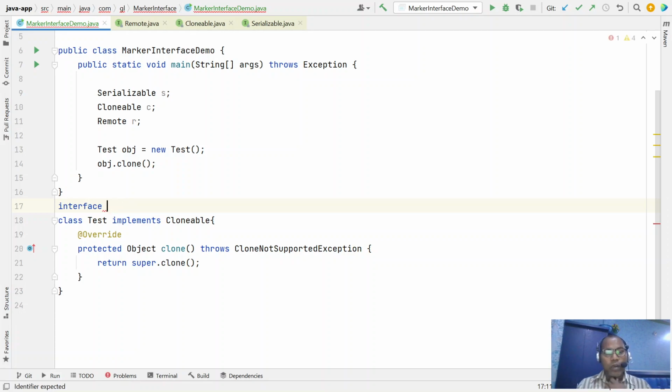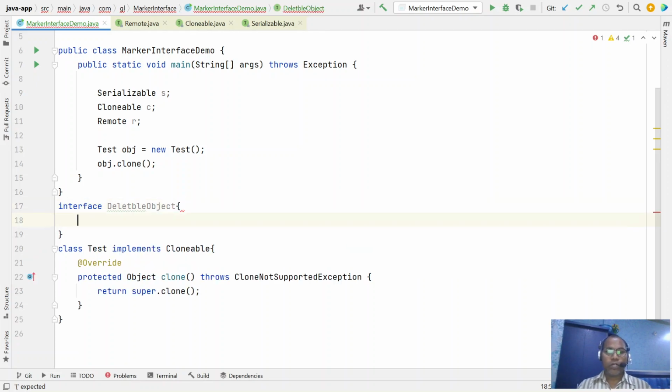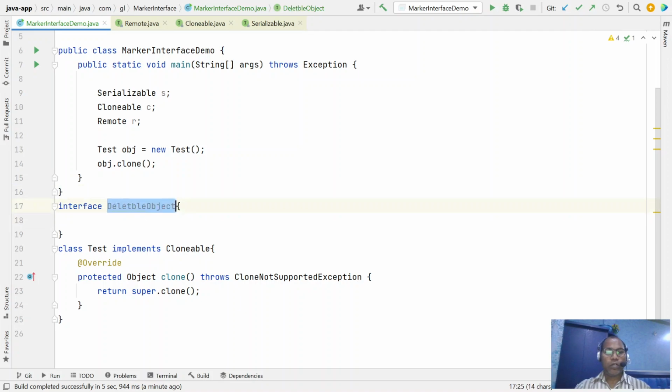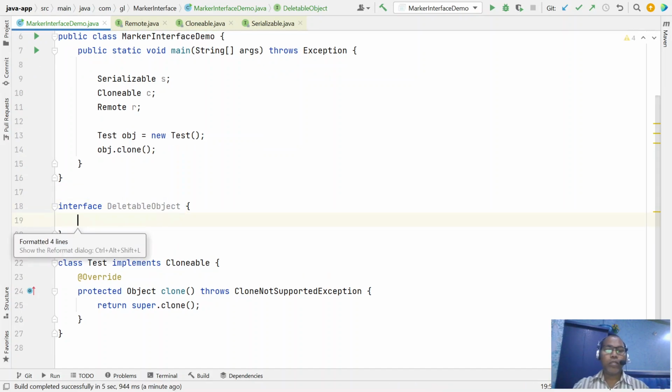Let's say, instead of a deletable object, DeletableObject. So this is the marker interface.